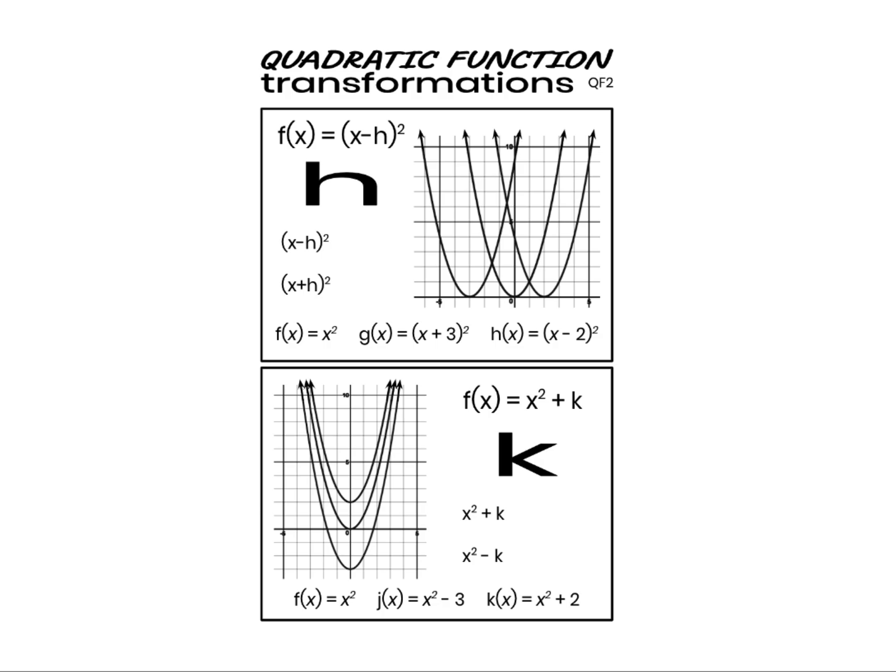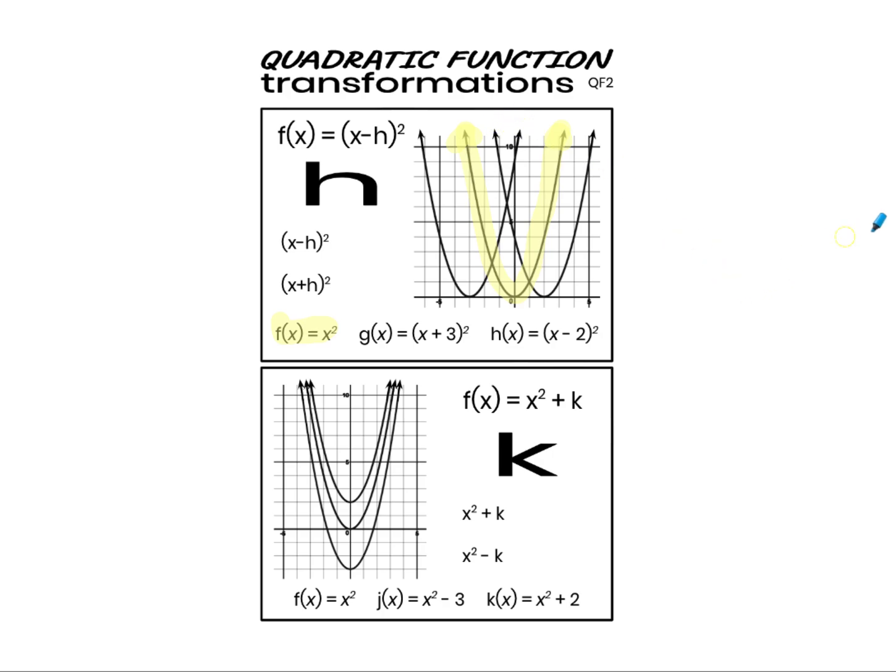This toolkit looks at two quadratic function transformations. The first one, the effective h, when we are adding or subtracting something from the x inside the parentheses, and then the effective k when we're adding or subtracting something outside of those parentheses. In this first example, f of x equal to x squared, is this parabola right here in the